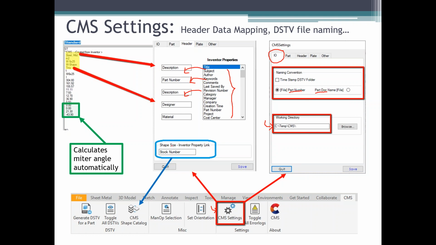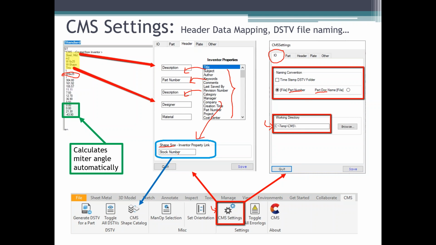But the most critical thing that we always look for is the shape size information. We want to see on any of your iProperties your shape size. So if you're working on a W6 by 25 shape, we just want to see it in any of those iProperties, and then I can drag it over here,